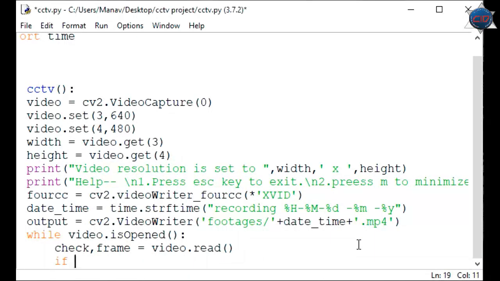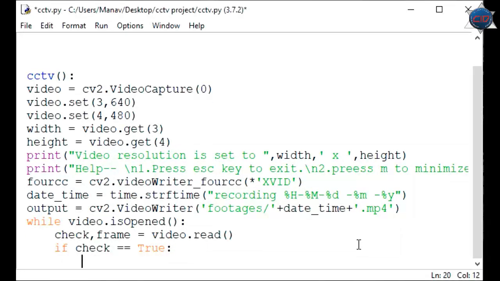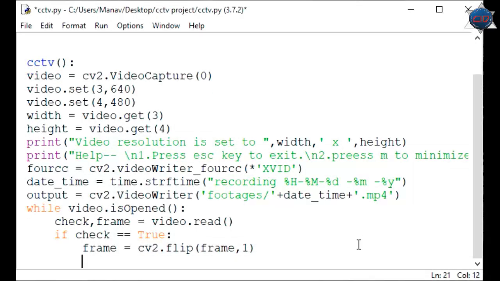Now if check is true, that means the camera is actually on, then I'm just flipping our frame. So I'll use cv2.flip, flipping the frame.